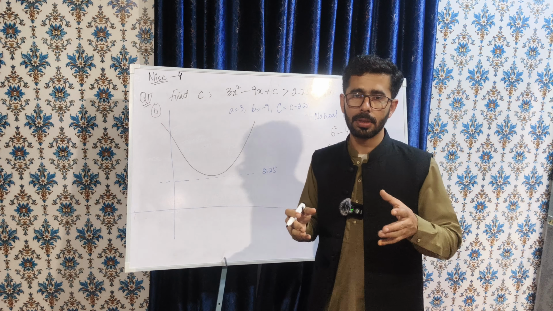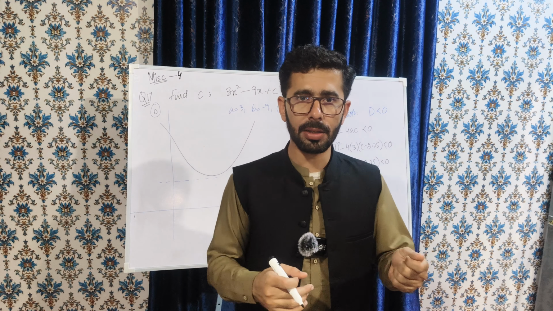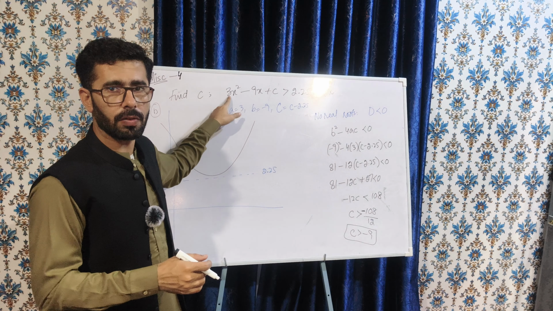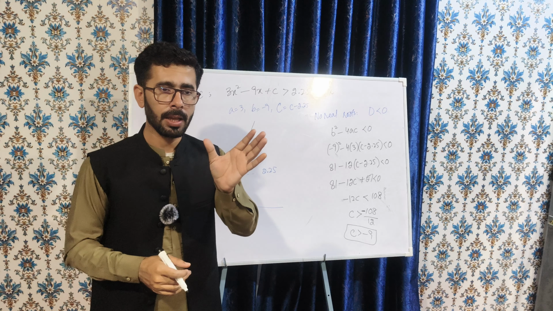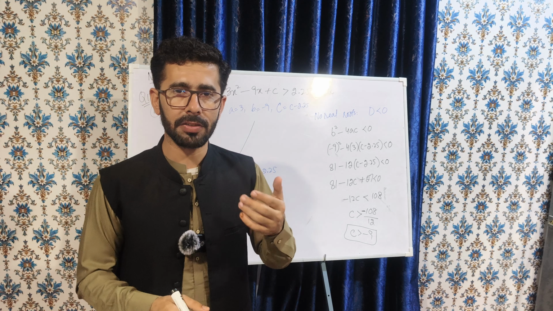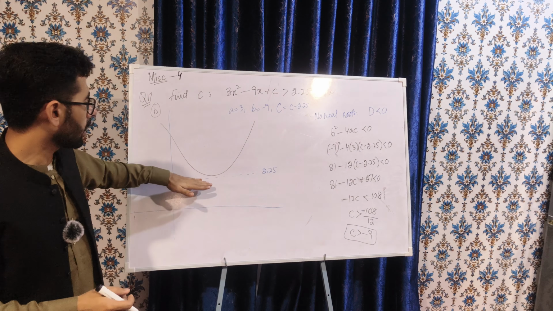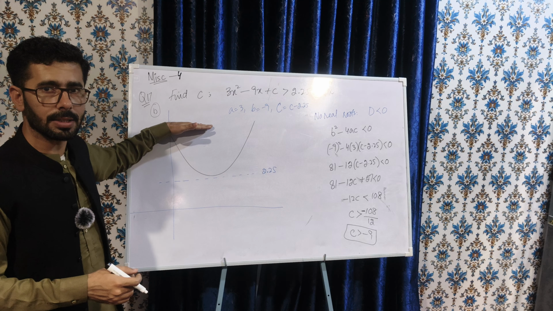So there's no harm in any equation being above any number, but if you look at the type of the equation, it has 3x square, that means the leading coefficient is positive, so it should give us a concave upward graph. If it's a concave upward graph, it should have a minimum point, and if that minimum point